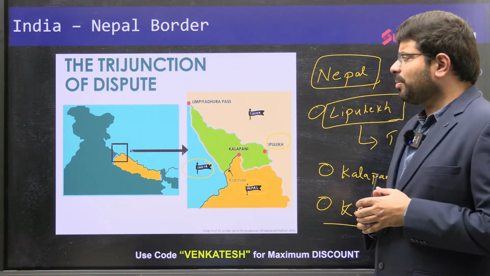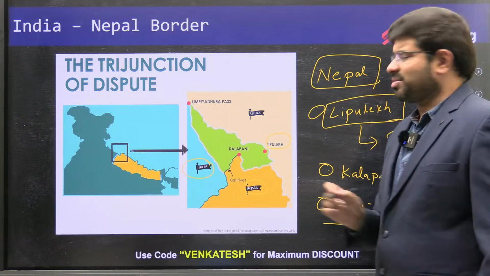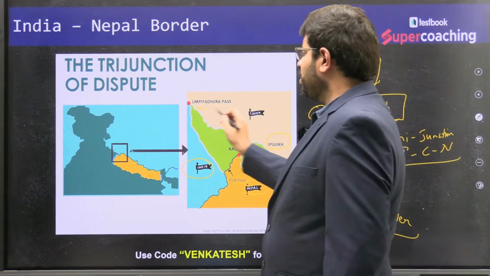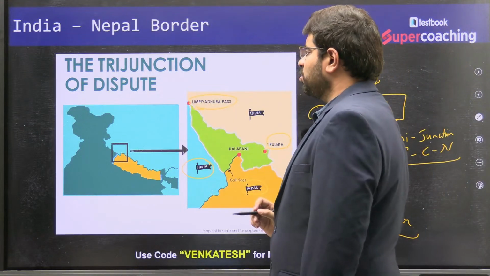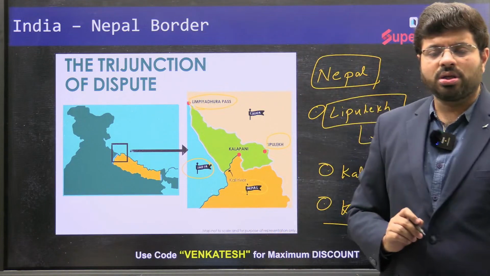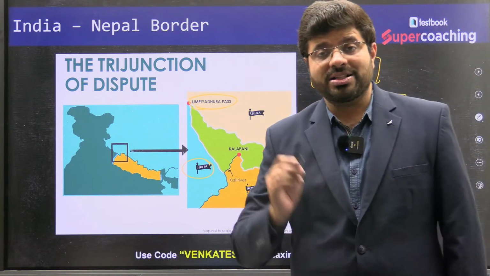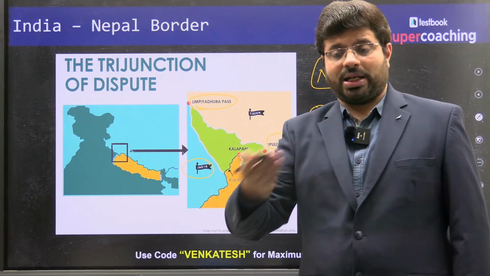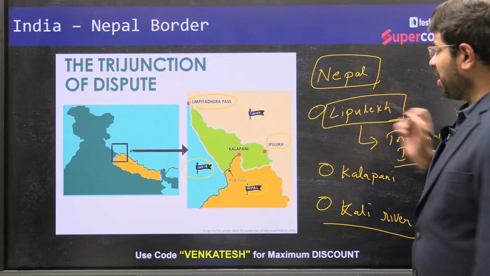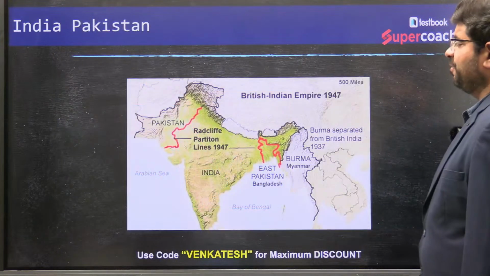So these are the major things. Similarly, another pass very near to it, the Limpiyadhura Pass, is also in conflict. They can ask you which of the following places are border disputes with respect to Nepal. They can ask you such questions in the prelims. Then